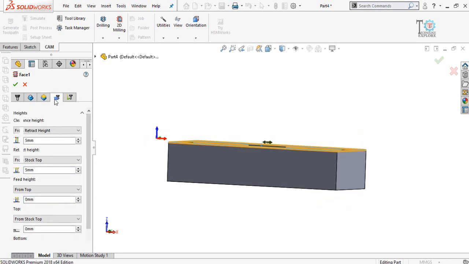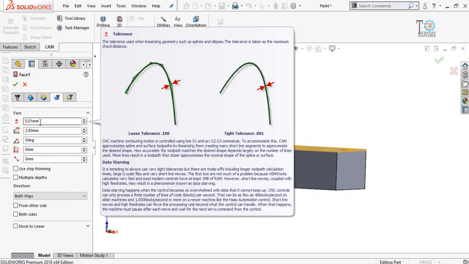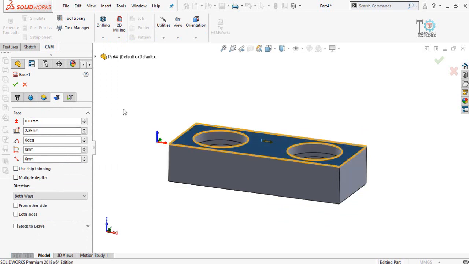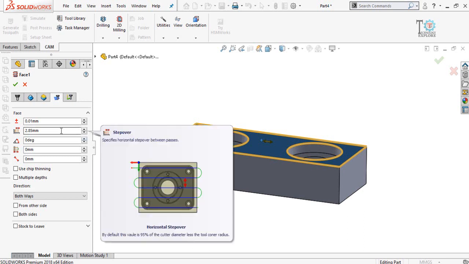Then we have passes option here. First of all, this is tolerance. Then this is step over. Step over is basically the distance between one cut and another. So if I hover my mouse, here you can see the details. What is step over? You can see this is the very plus point of HSM Express, because it tells you what you are going to do or what you are going to select.